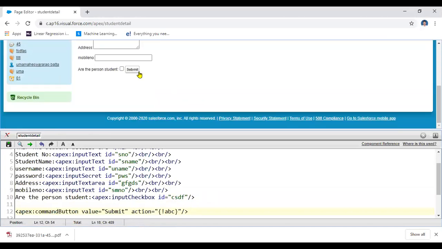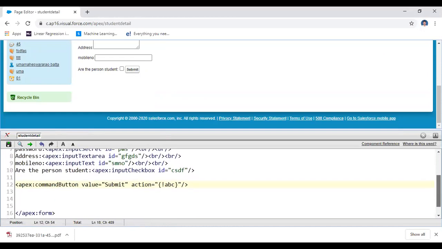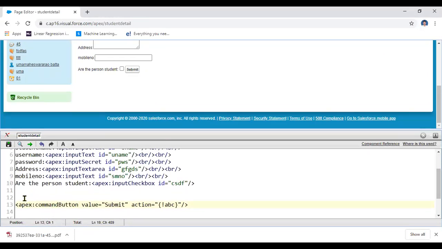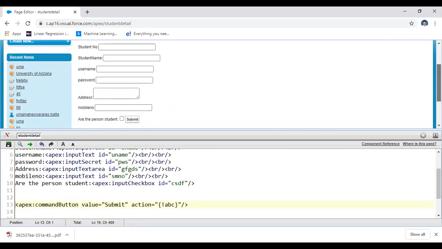If you require this button at both top and bottom, there is information for that in Apex. Okay, enough. This one is the front end information.